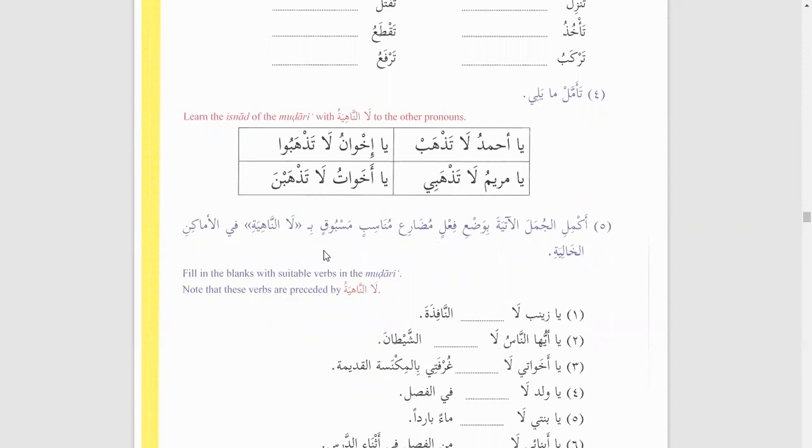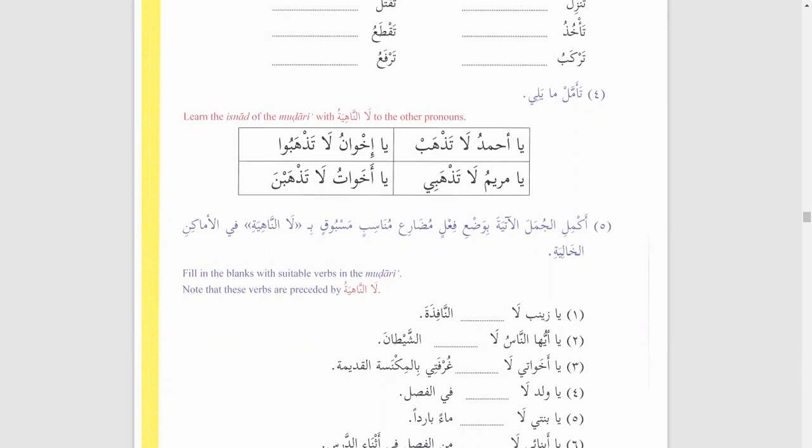Okay. لا ناهية بلا الناهية. ناهية في الأماكن الحالية. Okay. So أكمل الجمل الآتية. Complete the following sentences بوضع, by putting فعل مضارع مناسب مسبوق. Okay. By putting in the present tense, the suitable present tense which